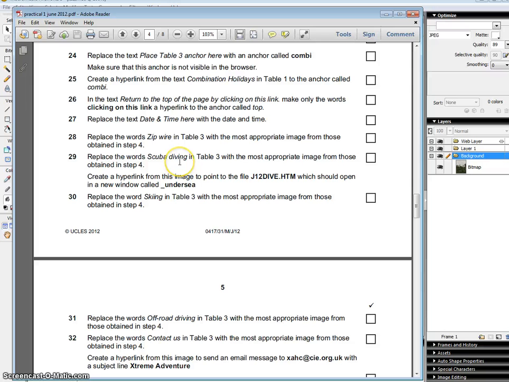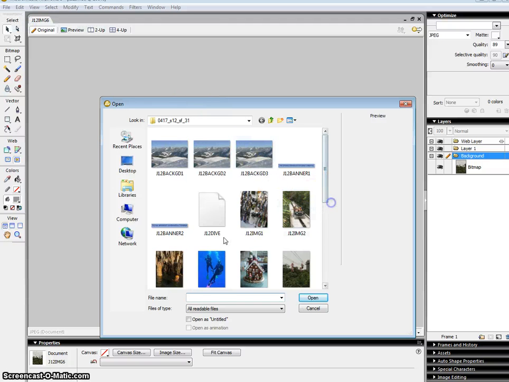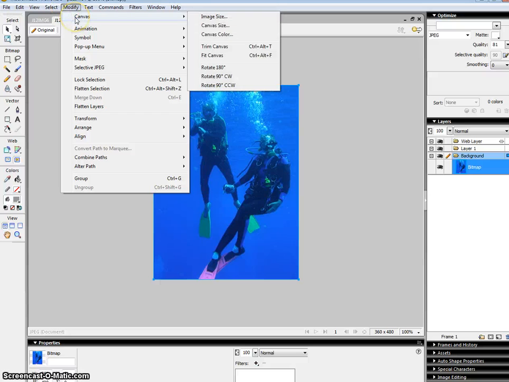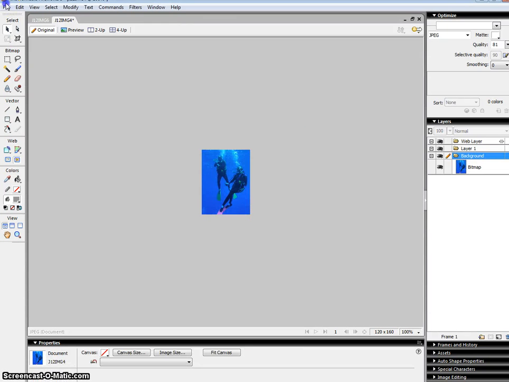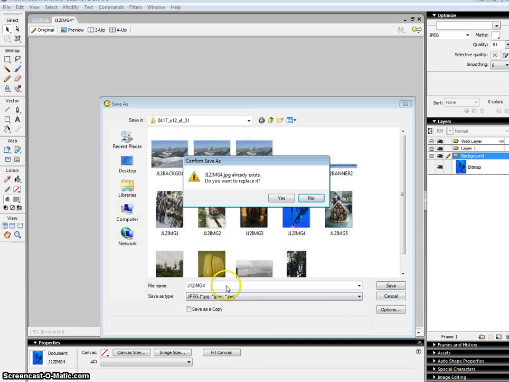So I need a scuba diving one. So let's try and open the file, open, something for scuba diving please, there you go. Okay, now that one is not 120, it's 360, so constraint proportions 120 by 160. Okay, then file, save as, and just replace it. Got my scuba diving one,